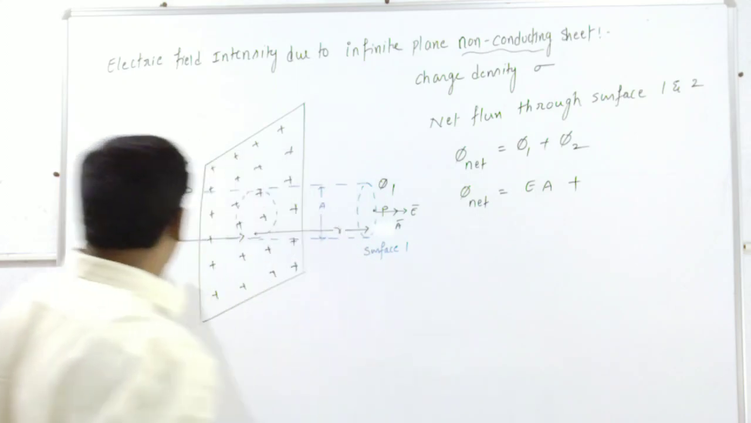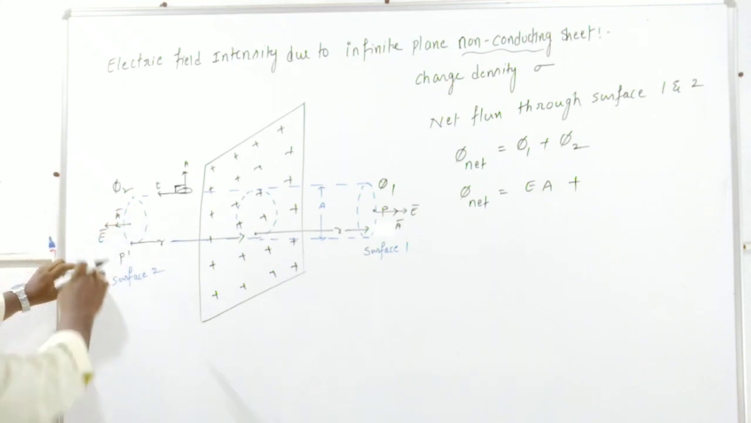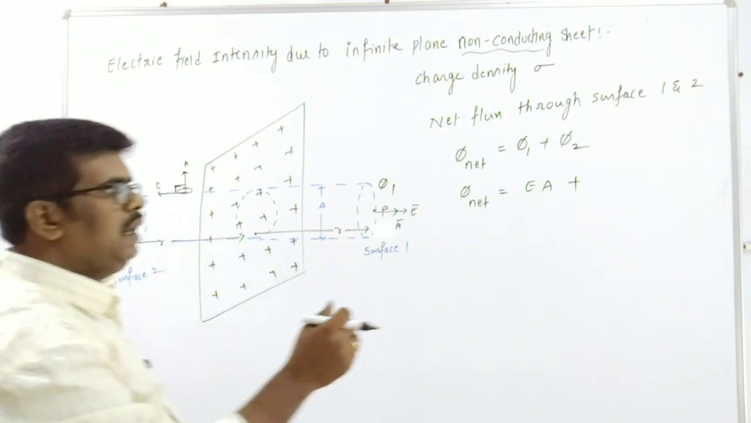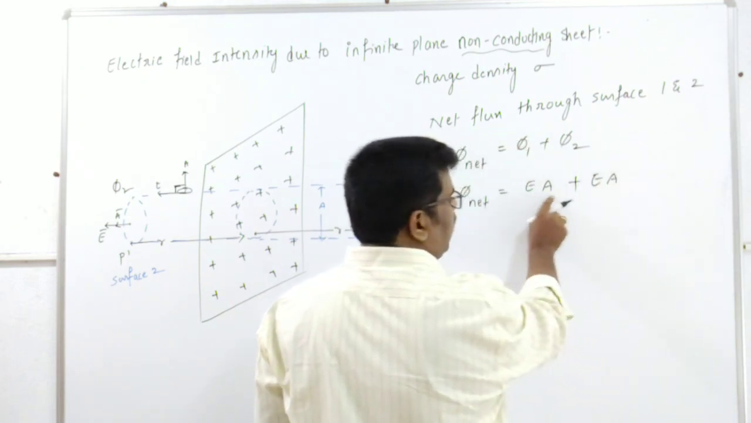plus, through this face, here also in the same way, electric field intensity E bar dot A bar cos 0, because both are in the same direction. So you can write directly as EA. So why are we taking it directly